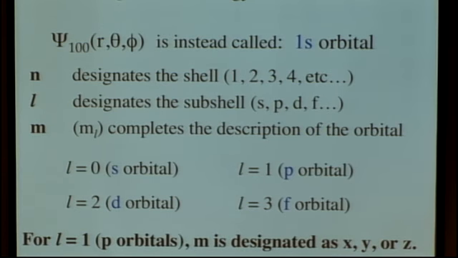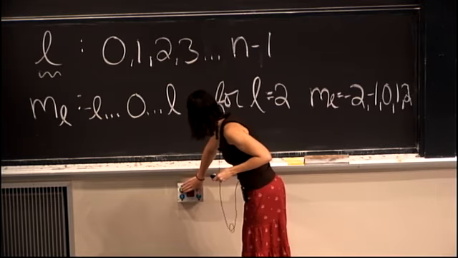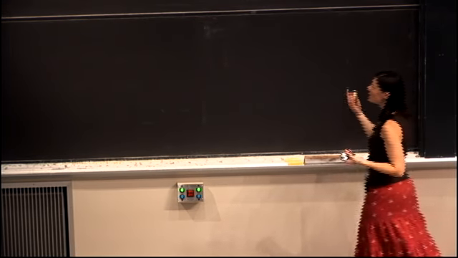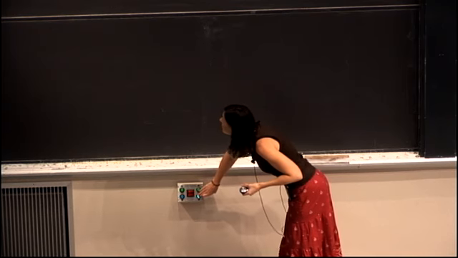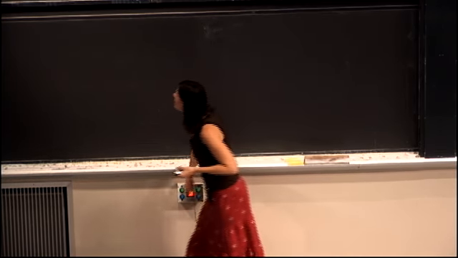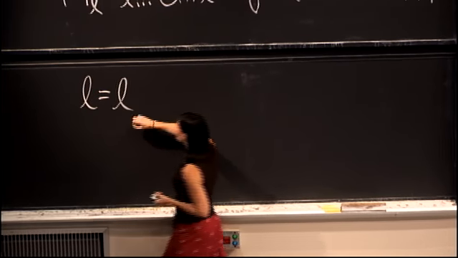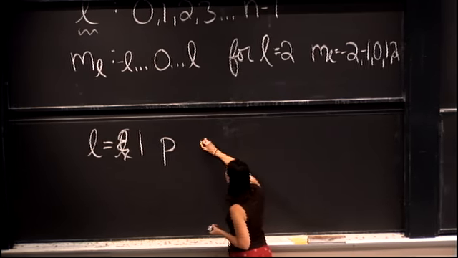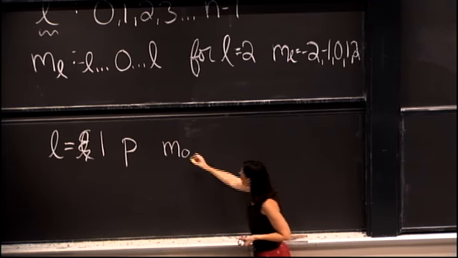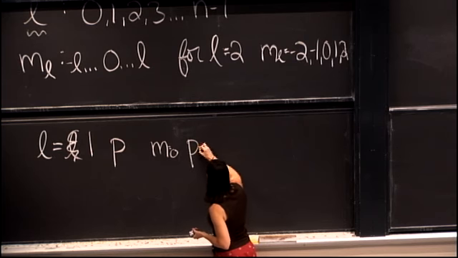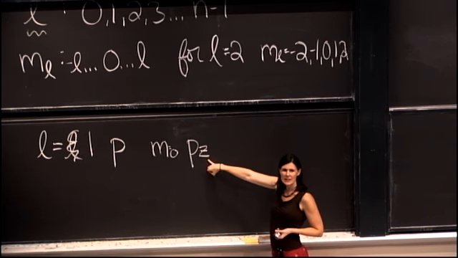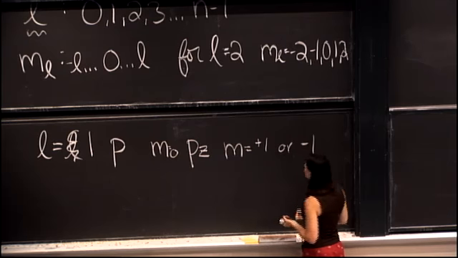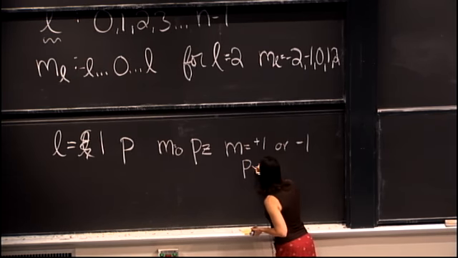So for example, when L is equal to 0, we're going to find that we have to specify what M is as well. All right, so when we have, for example, L equal to 1, what kind of orbital is this? It's a p orbital. And for example, we could also, in this case, have m equal to 0. If m is equal to 0, we would call it the pz orbital. So we would have this subscript z here. Similarly, if m is equal to either +1 or -1, we would in turn call it the py orbital,